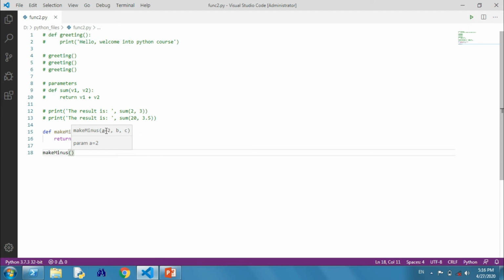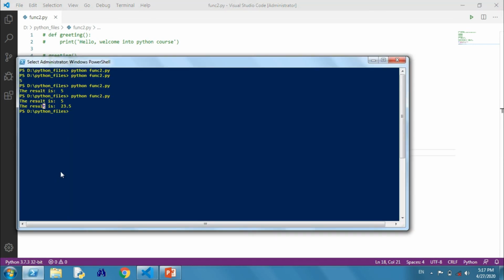You see a equals 2 is shown here, means it is a default parameter. B and C are the parameters which we should assign values. So how? 10, 12 and 2. We should first try it. Python